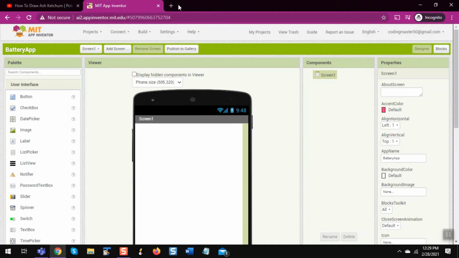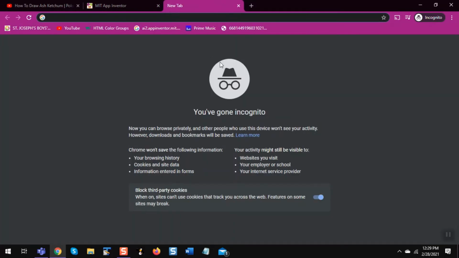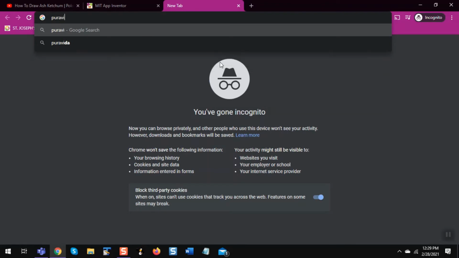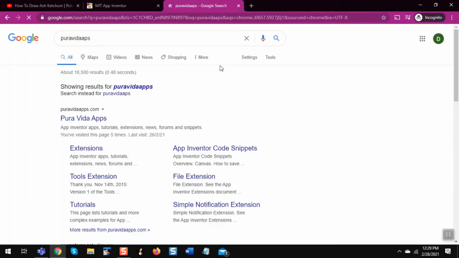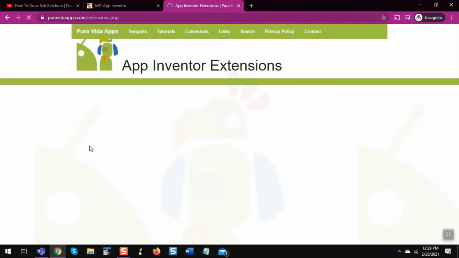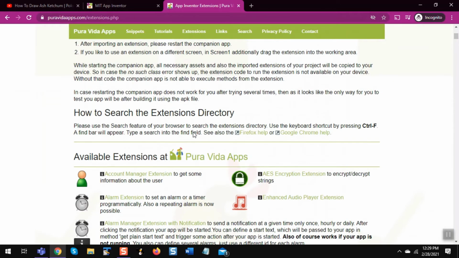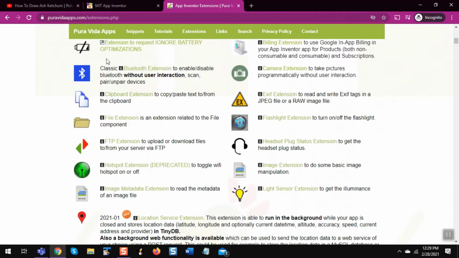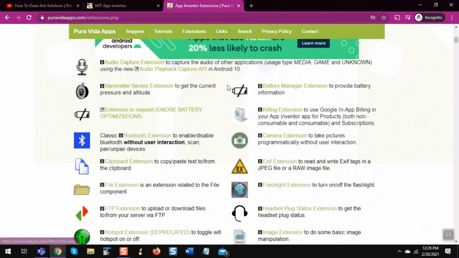So now go to your web browser and type Pure with the apps. Now click on extensions and then scroll down. Somewhere here you will see this battery manager extension to provide battery information. So click on this